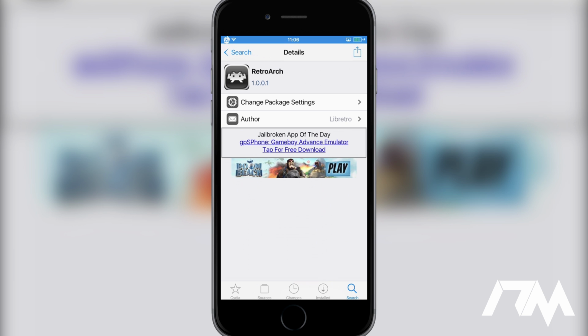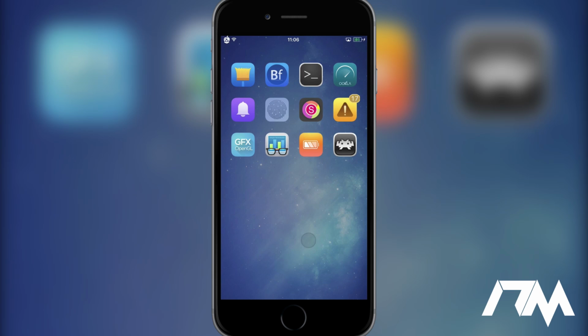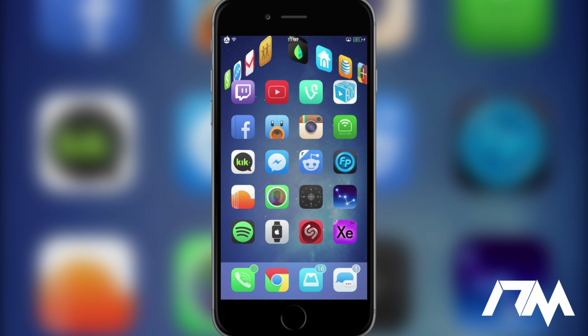So go ahead and download and install Retroarch onto your device. Pretty simple and straightforward. We'll go into my folder here. As you can see, there is Retroarch in the lower right-hand corner. Once you have Retroarch downloaded and installed on your device, the next thing you're going to want to do